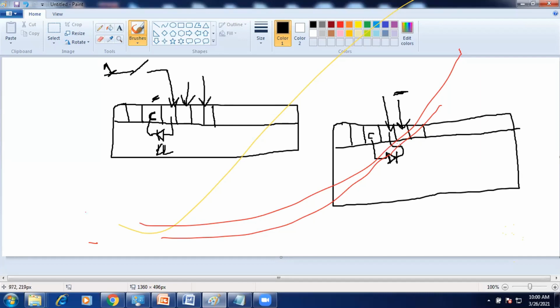Cathode will be connected to ports. Anode will be connected to common. The common pin will be positive. So that time the LED will indicate. Okay. Like this only input side will be connected. So the light will indicate.